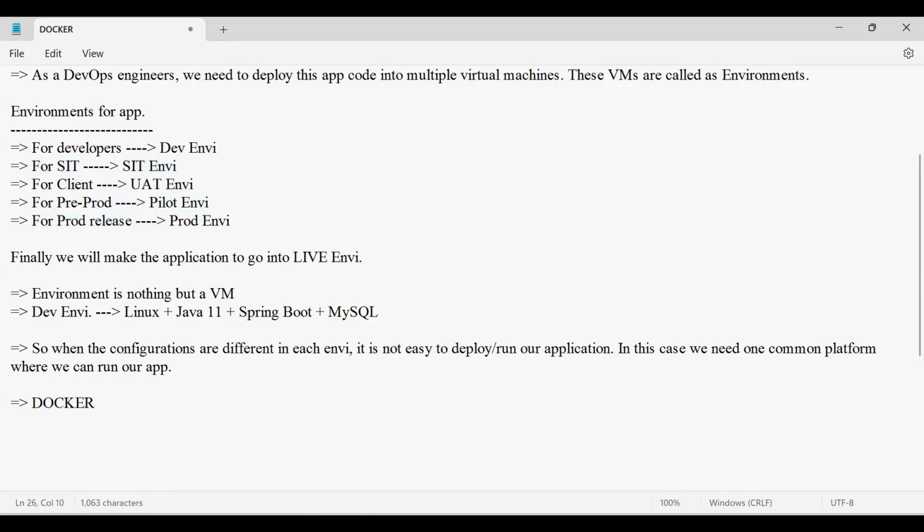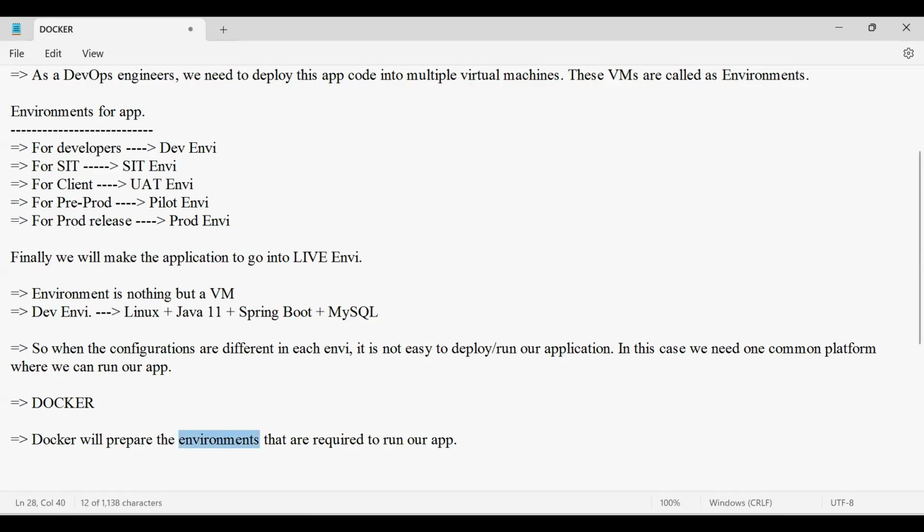Docker will prepare the environments that are required to run our applications, whatever application it is. In order to run our application, Docker is going to prepare the environment.